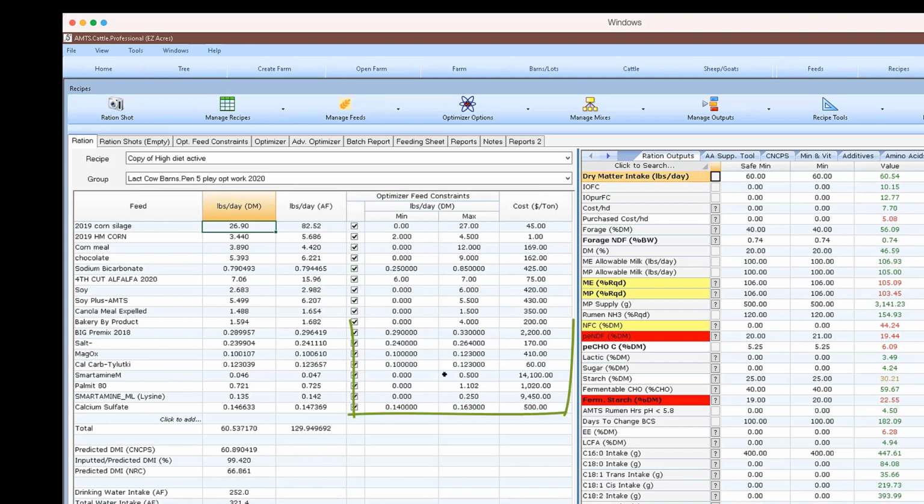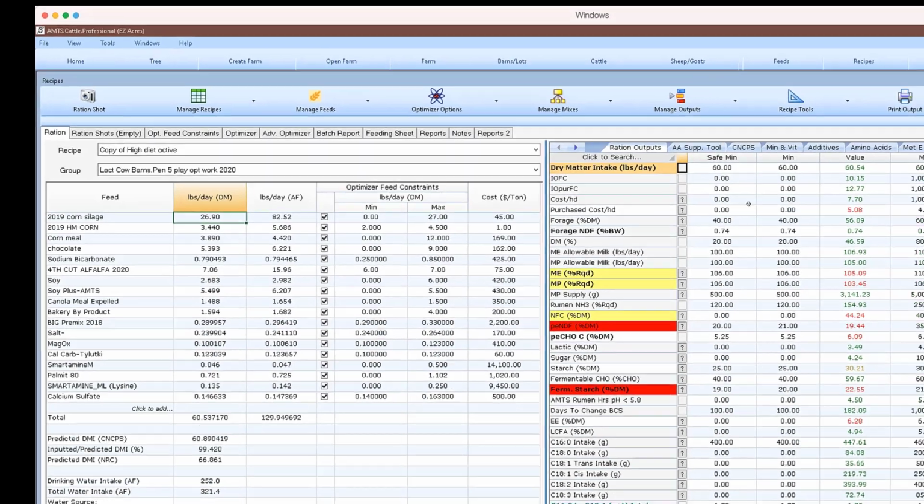For most of the minerals for this exercise, I just have them set at very narrow constraints. I typically don't optimize all my minerals at the same time because by the time you're done setting all the constraints on everything, especially when we're starting with a premix, there's not a lot of mineral formulation to do. So I'll just put some in as slack space and then go back and clean up some of the minerals manually. That's just the way that I work.